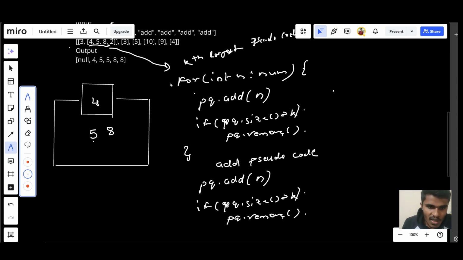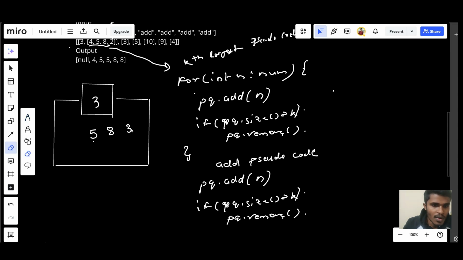Okay, here when we call the function add, it will first add the number, that is value 3, to the priority queue. Okay, I'm adding 3 to it, and the priority queue compares this 3 with this 4. Now 3 is on top, and 4 comes in. 4 is in, but here pq.size is greater than k, so I have to remove the top element here. Okay, I'm removing it, and the smallest of these three elements is 4,